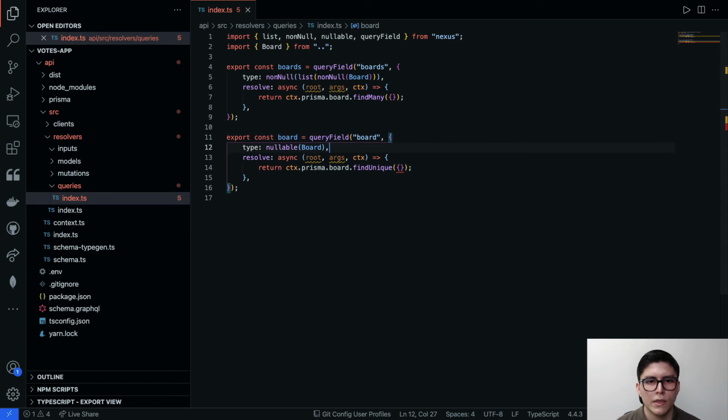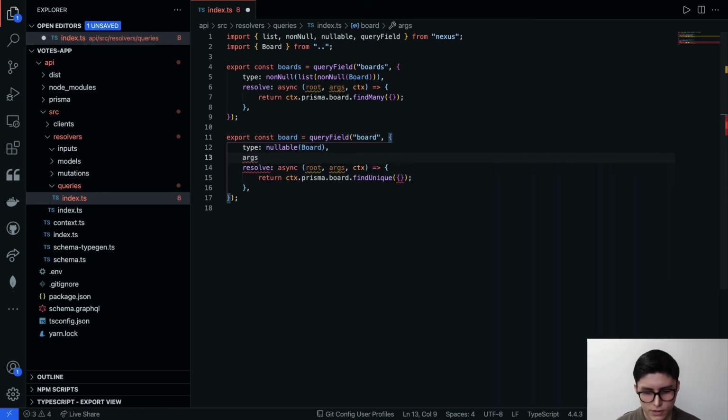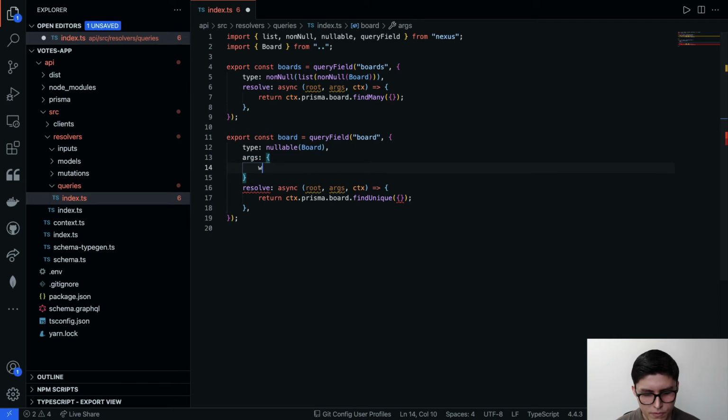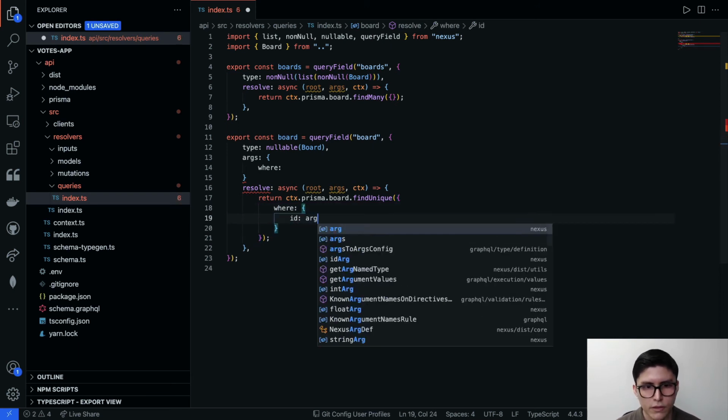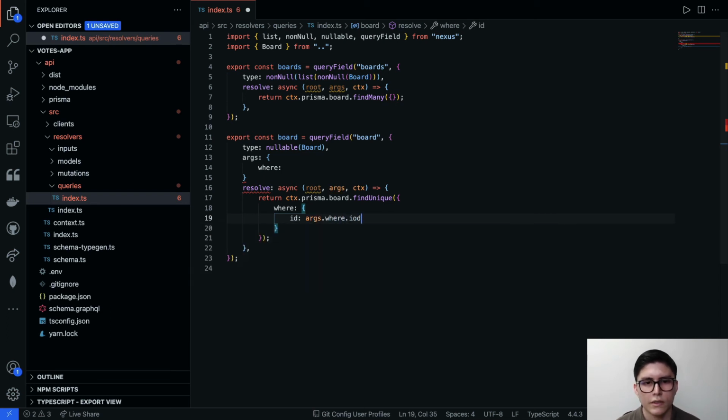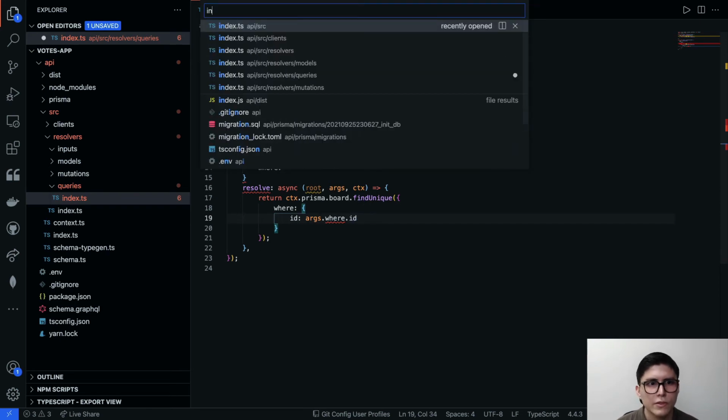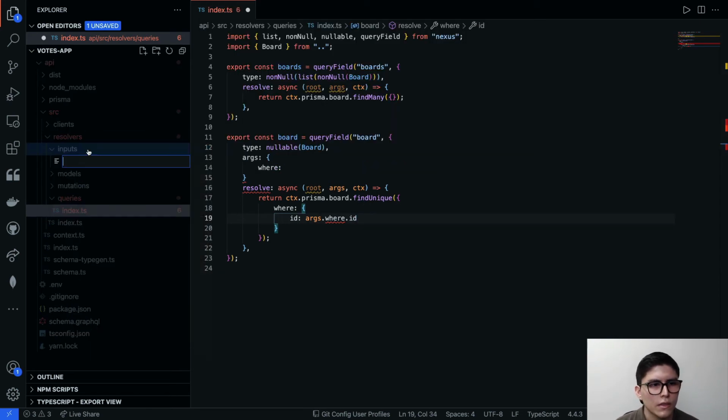So in here, let's create an input. Well, actually, it's going to be a where clause. So the goal with this is that we can get filtering. And in here, it will be something like args.where.id. For proceeding with this, let's go to inputs and declare